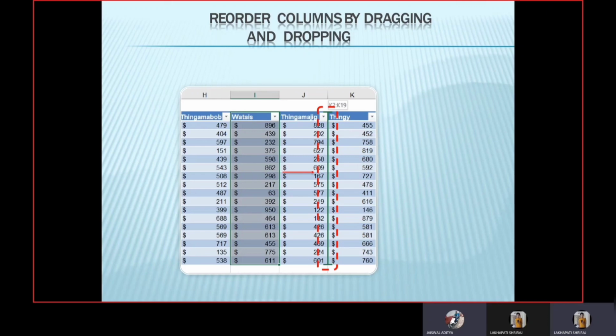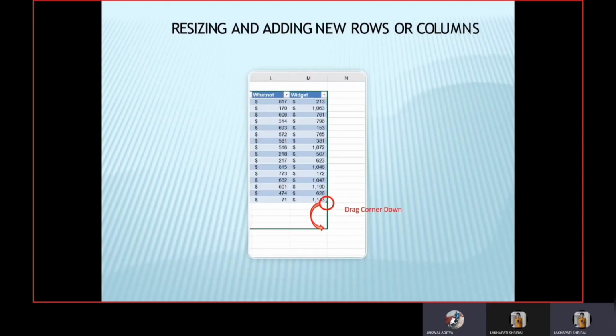Now, resizing rows or columns. In some cases, many of us fall short of the number of rows or columns while putting in the data. So to overcome the issue, we resize the block without losing the data.